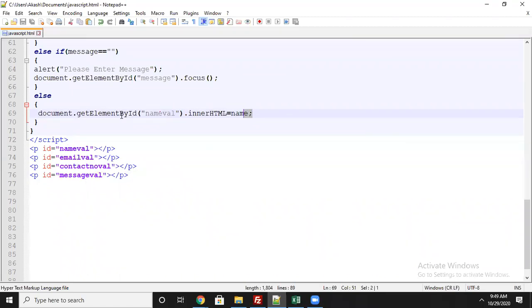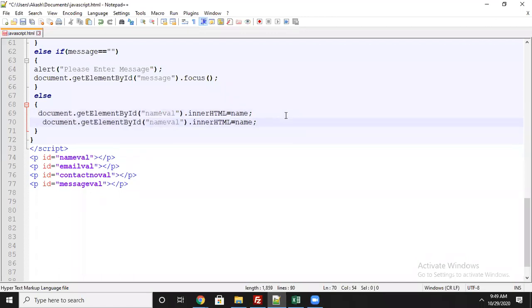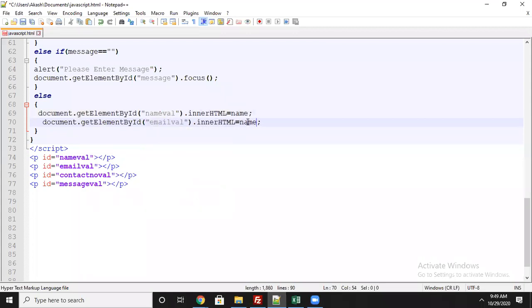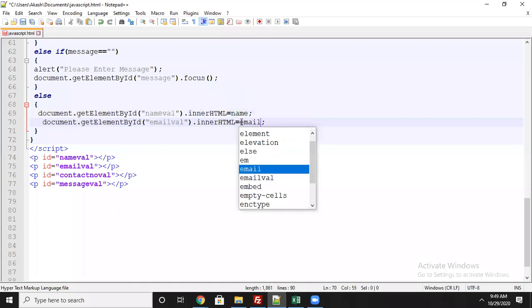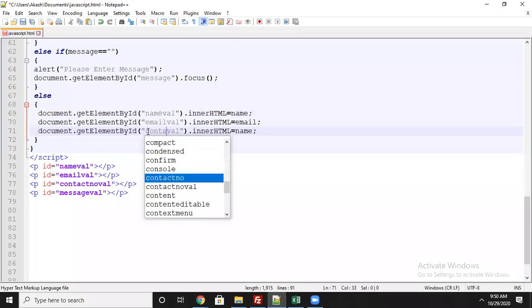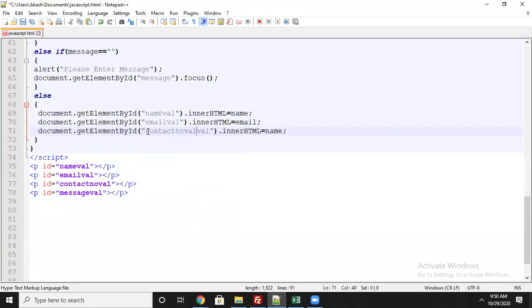Let's see, I am doing the same thing now. I will add email val. Okay, here what has to come? Email has to come. Similarly, contact val, what has to come here? Contact number has to come. That is contact number val. What value has to go here? We are already capturing it at the top in the variables.